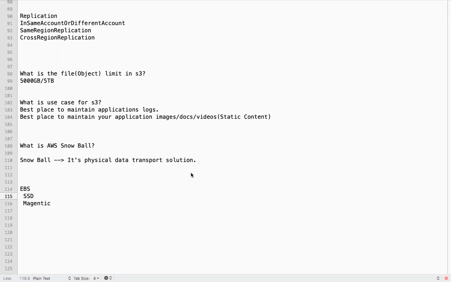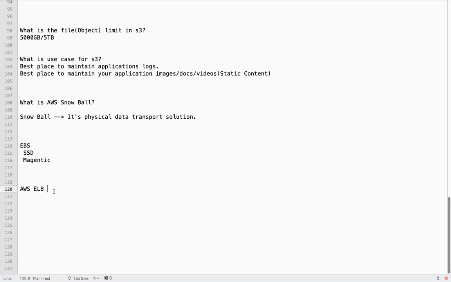So this is about the storage services which we have in AWS, guys. Tomorrow we are going to start a very important topic. As a DevOps engineer, we have to understand what a load balancer is and how to create a load balancer in AWS.